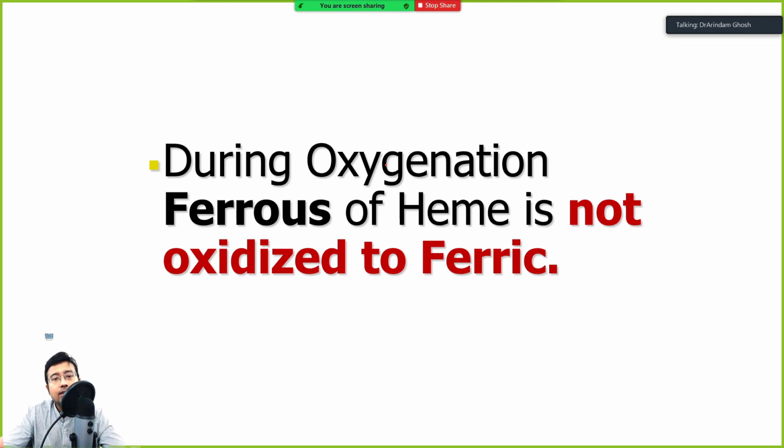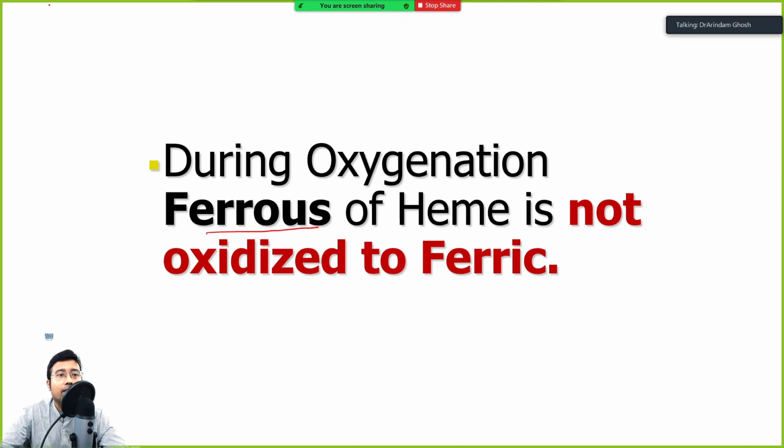And the iron is in ferrous form. I told you why it is non-enzymatically. Because it is not an oxidoreductase type of enzymatic reaction. If it was, what would have happened? Oxygen would have oxidized the iron. Even chemically in vitro, if you allow oxygen to come in contact with iron, what happens? Rust forms, right? And it also oxidizes to the ferric form whenever it is possible. Right? FeO is ferrous and rust is Fe2O3.